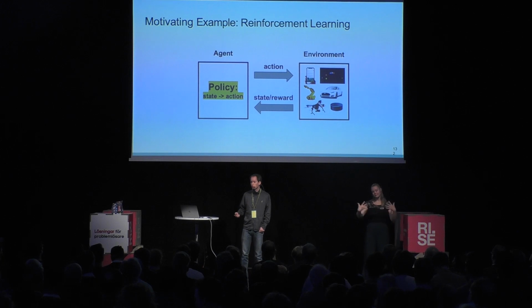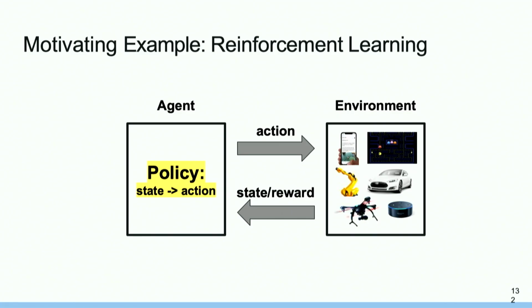effectors. And then there's an agent which acts in this environment. The agent has a policy which maps states to actions. In the example of AlphaGo, the state would be a board state, and then the action would be where we set the stone. Or in the case of a robot, the state would be the various joint positions, and the action would be the torques on these joints.